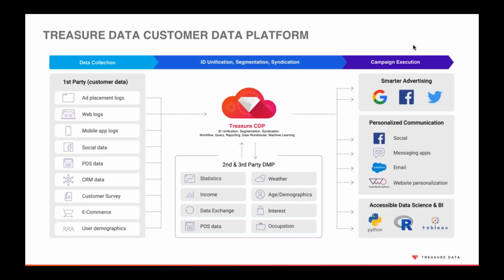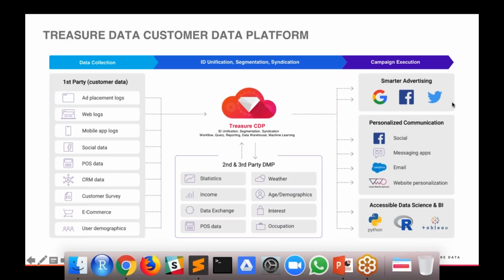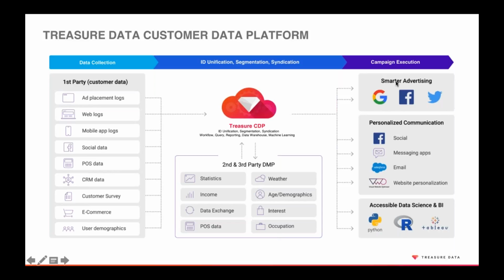This is how we think about, at a high level architecture, what we can do in terms of taking in data, transporting it, as well as executing. To talk a little bit about the terminology that Laura mentioned in the title, we consider campaign execution is also called syndication. That's how we typically refer to it. This is where we're sending data out to other endpoints to activate against it.